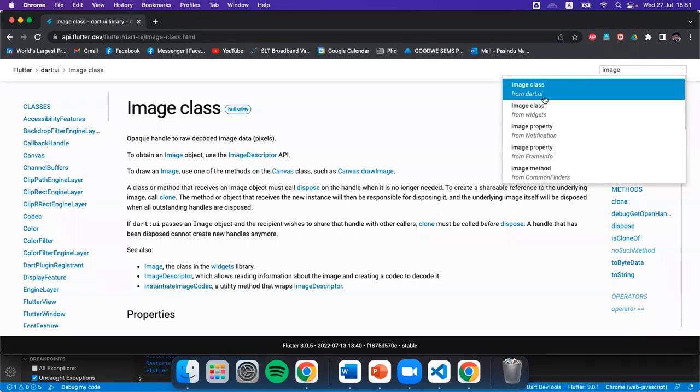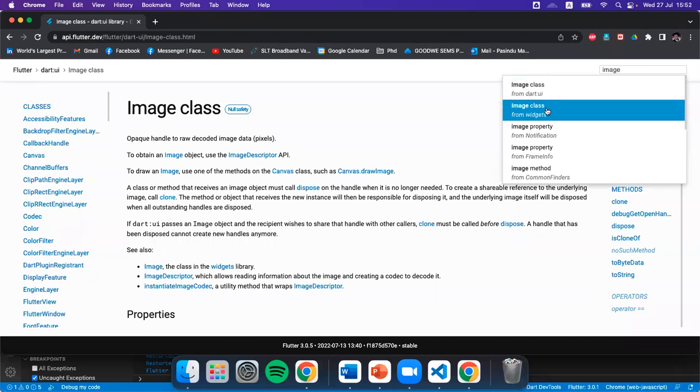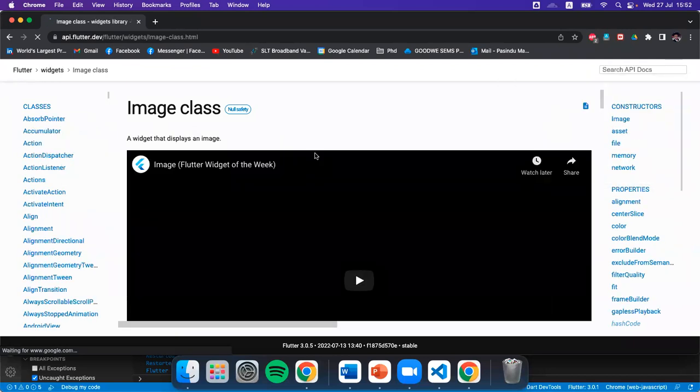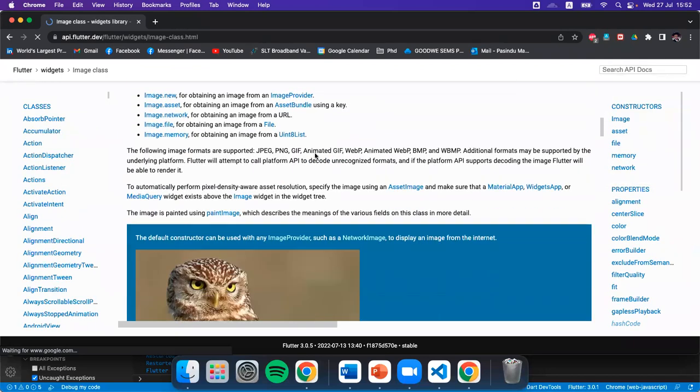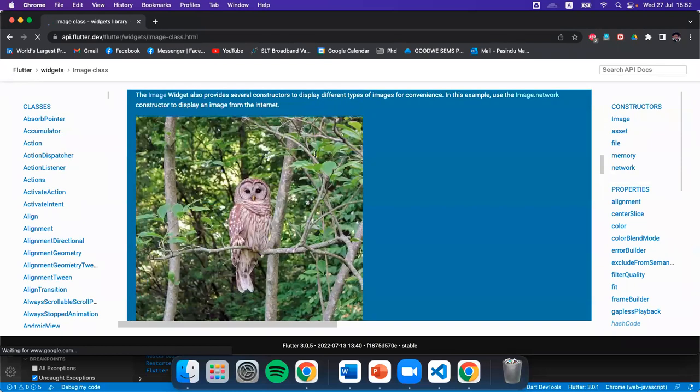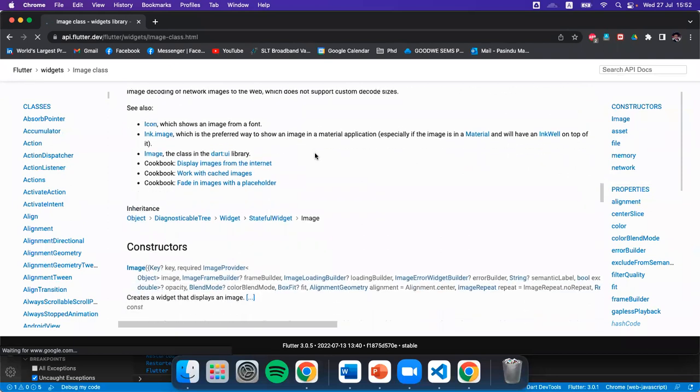So image class from Dart UI. Dart UI means the basic version of, not material, the basic version, right? So from widgets, you can get the image class. Right. So here you can see